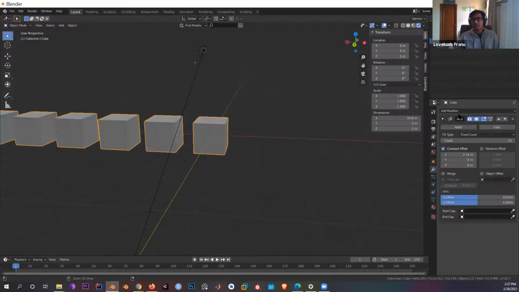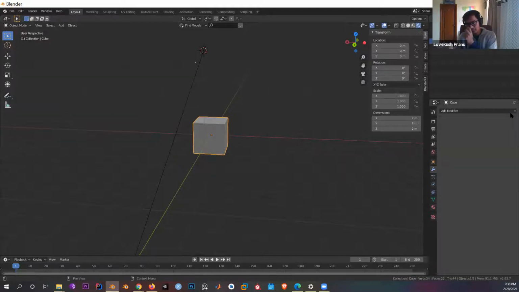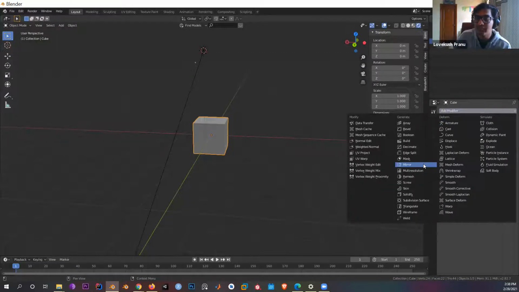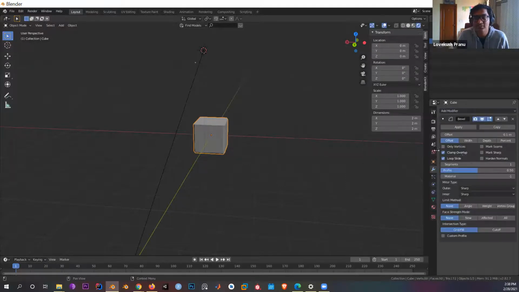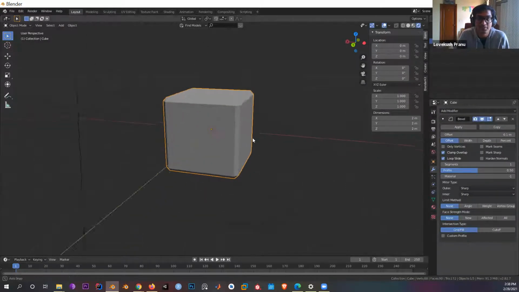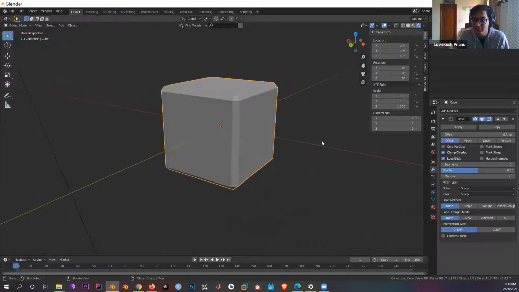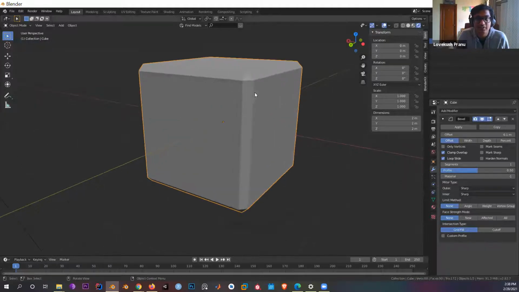And let's go through some of the modifiers. You can also cancel the modifier straight up if you don't like it. You have multiple modifiers. You have mirror, which is actually used for sculpting if you want to create characters or stuff like that. The bevel modifier, this is what I was telling you about. This is much better than using Control B, because what you can do here is